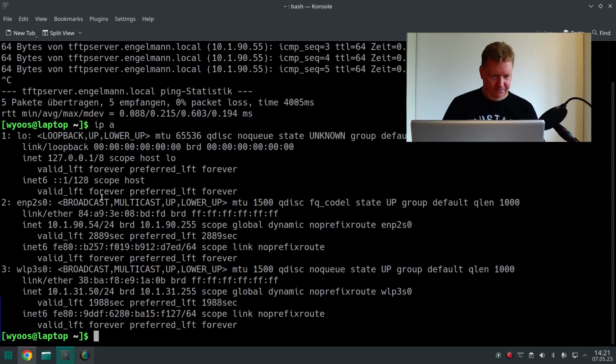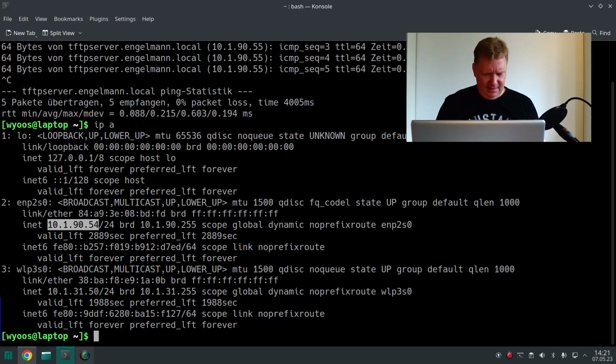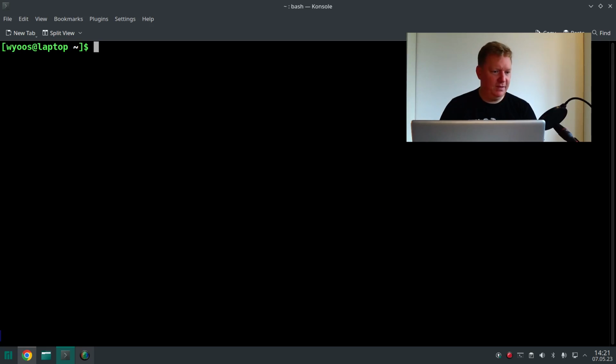Now my laptop is also in VLAN 90, 10.190.54, through a network cable. So it's connected through cable. I think that's important because I don't think that the BIOS would support this network stuff over Wi-Fi, so it needs to be wired. Okay. And I've prepared an SSH server on the Raspberry, so